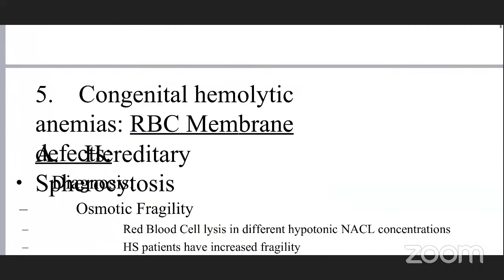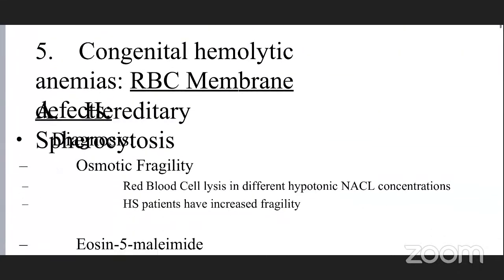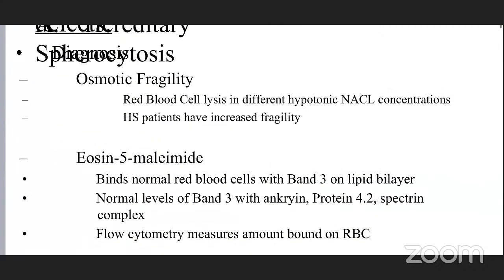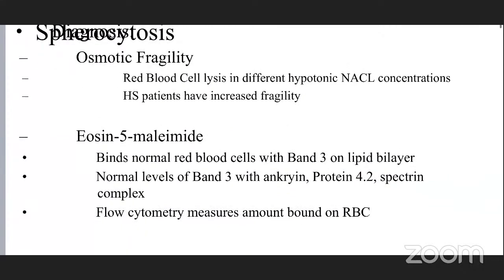Then we will continue with the RBC membrane. Spherocytosis can be assessed with what is called osmotic fragility, where red blood cells lyse in different hypotonic sodium chloride concentrations, and usually a patient with spherocytosis has increased fragility. We also have what is called